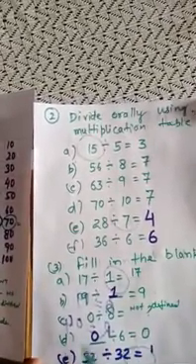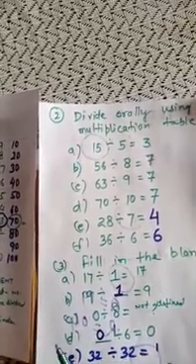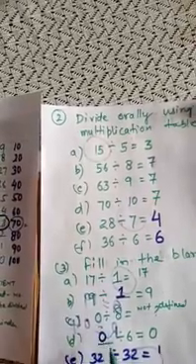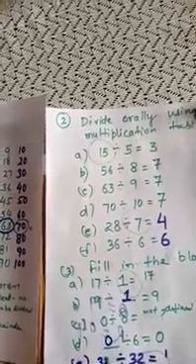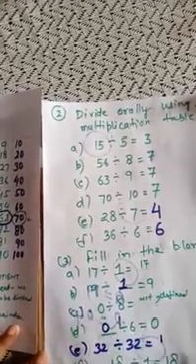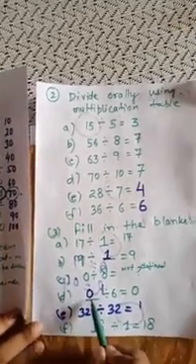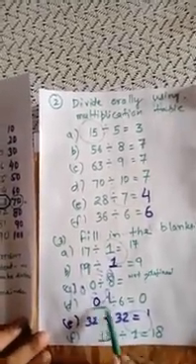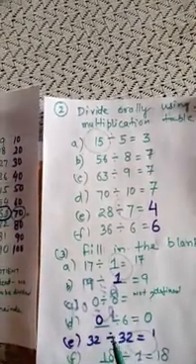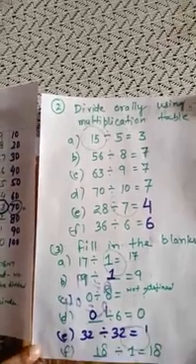0 means something is absent. You can't say nothing. Something is absent there. The quantity is not present there. So we cannot divide. If the quantity is not present, there is no question of division. So come to D. Again same question. 0 divided by 6 is equal to 0. So when there is nothing to divide, then what is the question of division? So it is also not defined, or you can write 0.